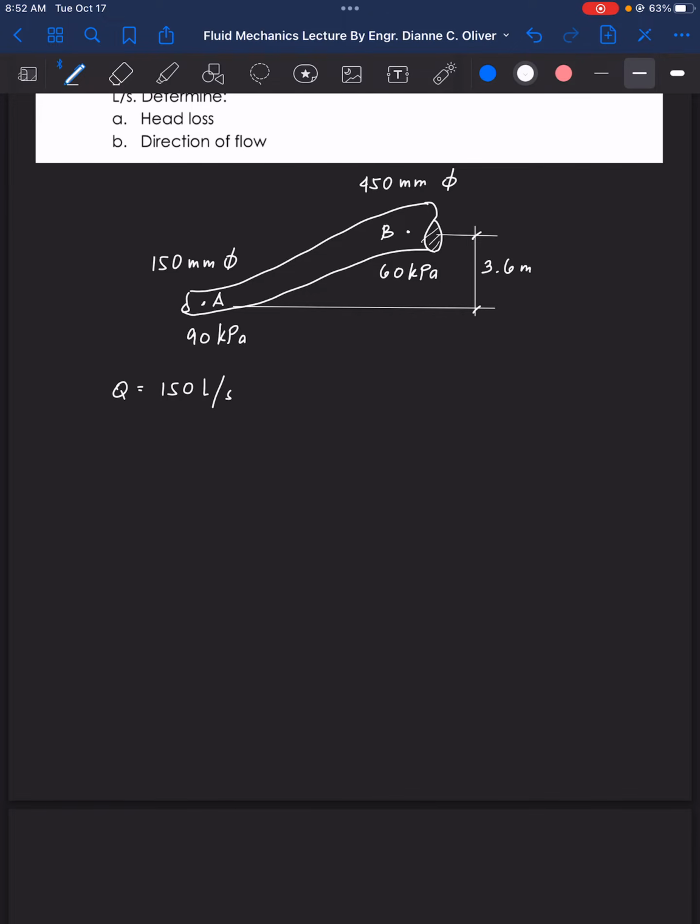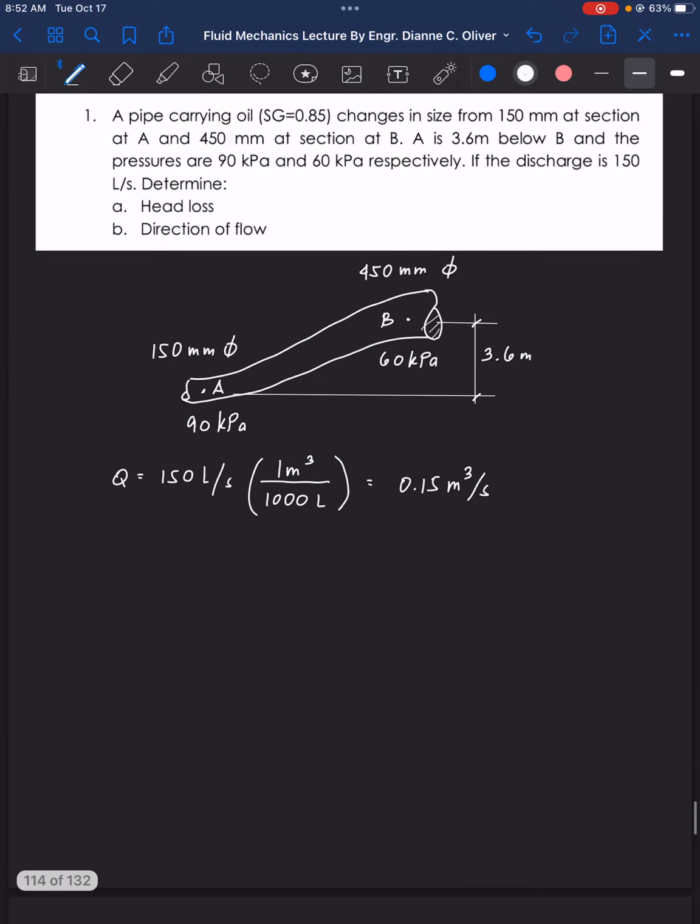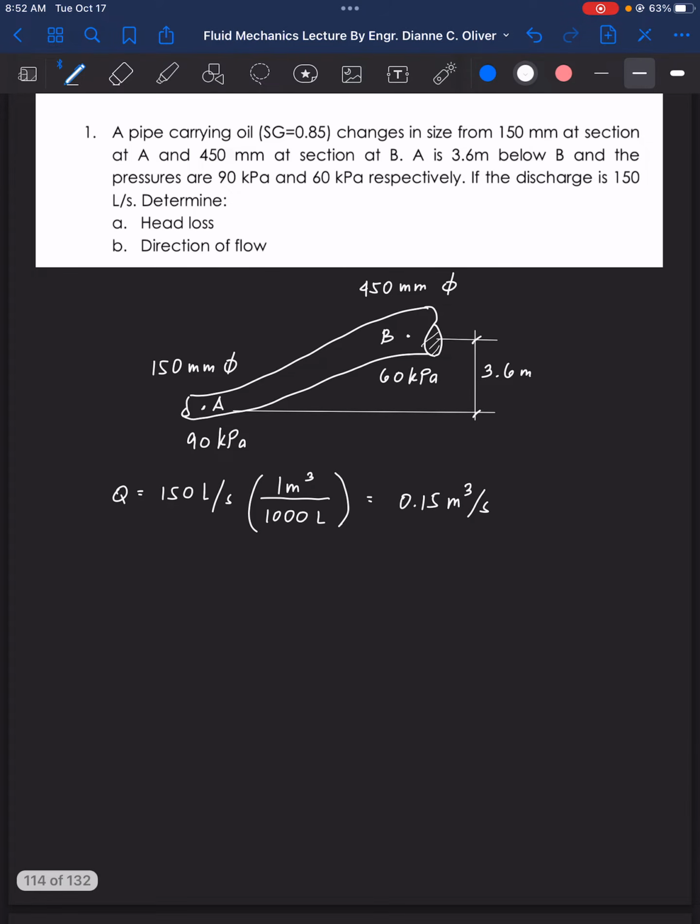So we will convert that into cubic meters per second. Every 1 cubic meter we have 1,000 liters. That is equal to 0.15 cubic meter per second. So we will need to find the head loss and the direction of flow. Having this figure from A to B,